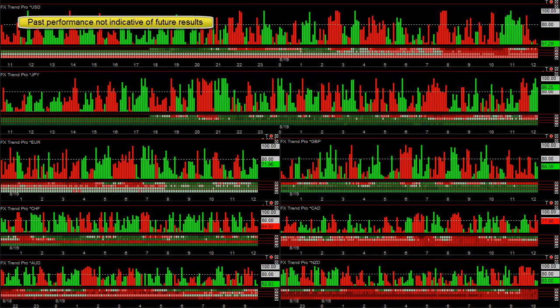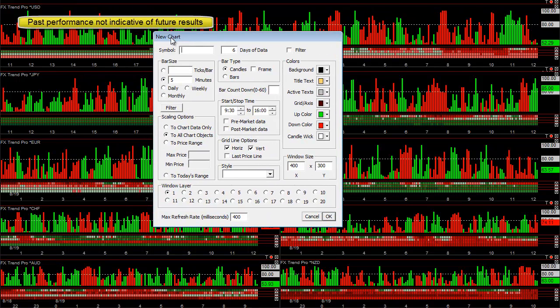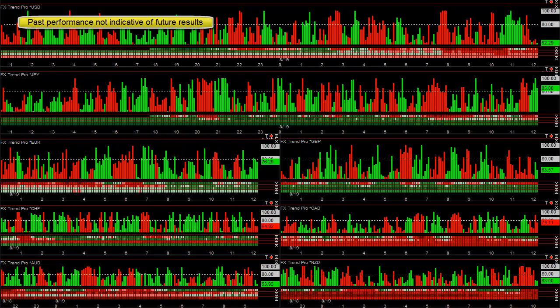The only key to trading is small losses, big wins, and range bars allow you to do that. You always have small losses with range bars if you use them the way we teach. You find each currency has its own normal volatility. So if you like to trade 5-minute bars on the euro,